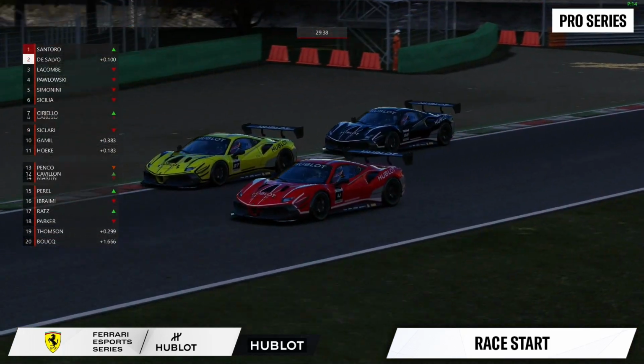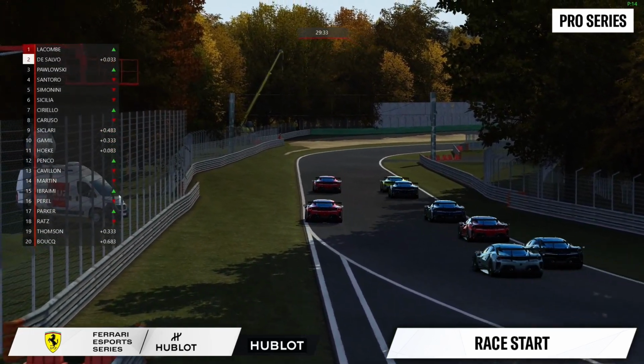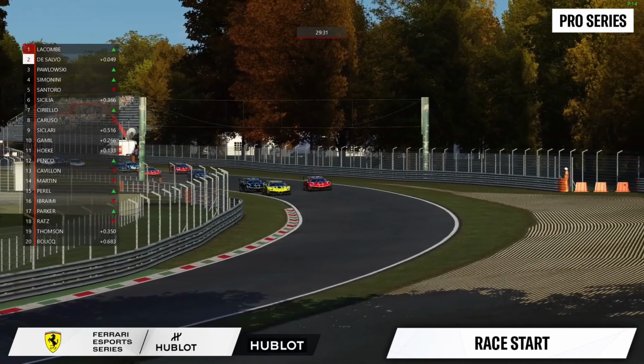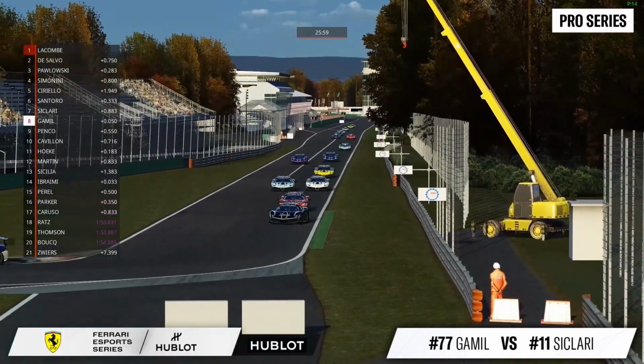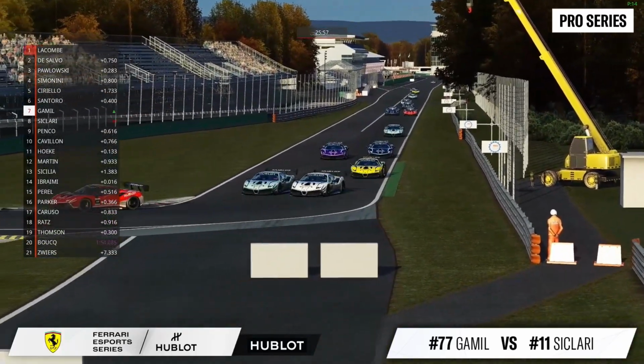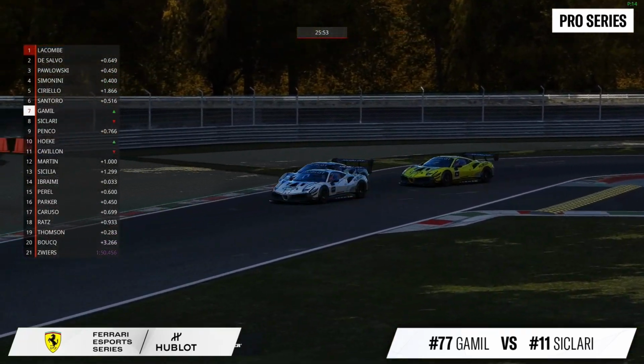There's a little bit of door banging side by side through the first chicane. Lecomte survives pretty much as somebody goes round the escape road at the exit to T1. Kamil Pawlowski, the Polish driver behind, is looking to make an overtaking manoeuvre. And here we see Tarik Gamil, a driver that we've seen in SRO competition before, goes too wide on the outside, becomes the inside